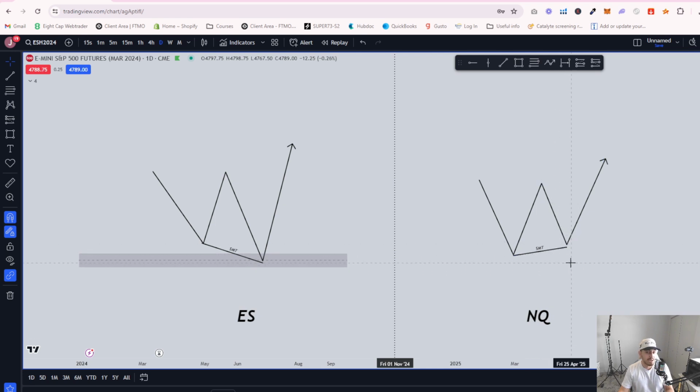And it doesn't need to have the same higher time frame PD array, such as an order block, breaker block, fair value gap, you know, all that stuff. It doesn't need to have it. But sometimes, and most of the time, these correlated pairs have the same higher time frame PD arrays in kind of like the same area. But let's just say NQ didn't have that same PD array, right? But ES does have a